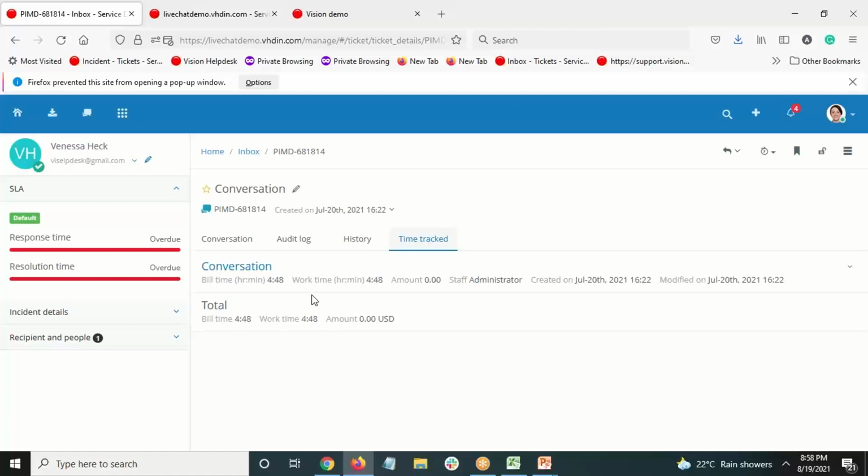Here you will find the total time that your staff member was online with this particular client and resolving the client query. So using this time tracked option, you can check the time spent by your staff member on every chat.